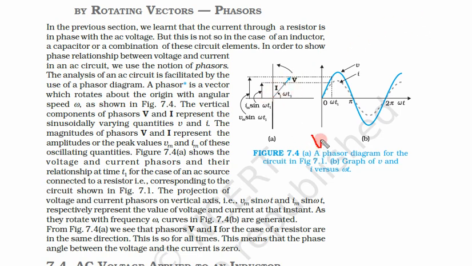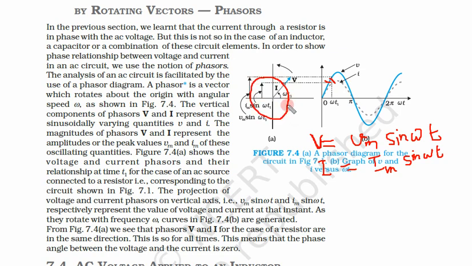Suppose at any time, what is the voltage at some time t? We need to know. The maximum value is Vmax, and we just put sine omega t, that means the vertical component at that time, and we simply get the value. Similarly for I, what is I at that time? We know the magnitude, that is I maximum. We take the sine component of that and we get the value of I. So this is the way, and this is rotating. As we have seen, rotational motion can be converted to a sinusoidal wave. Here we are doing just the reverse: we are converting this sine wave into rotational motion of a vector.